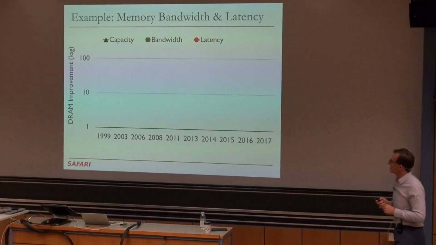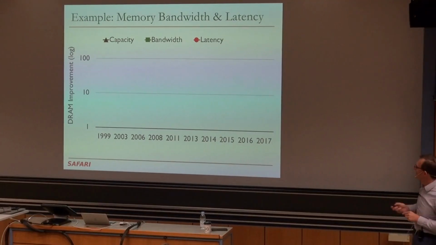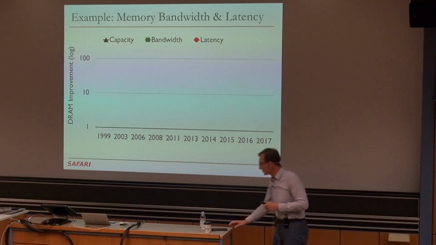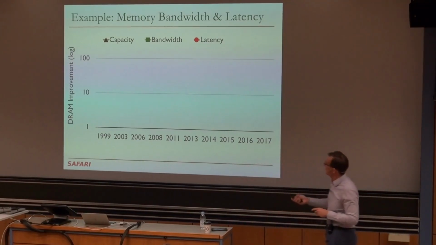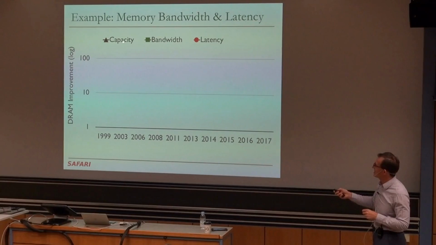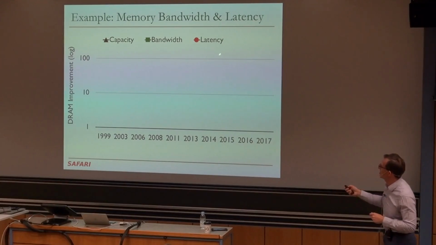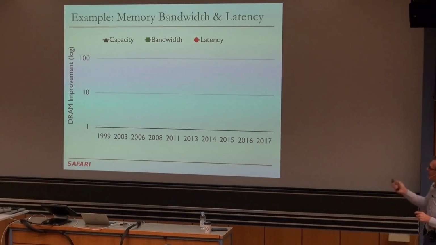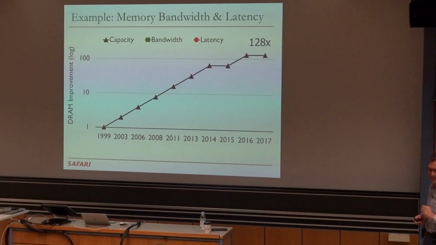Let's have some fun with these trends over here. These are DRAM trends over the last 18 years. This is what's happened to the DRAM chip, basically. How much has its capacity increased? How much has its bandwidth increased? And how much has its latency increased? Any guesses? What do you think capacity will be in the 18 years? Yeah, I see that. Okay. Yeah, it's pretty much like that, except we're having trouble right now.